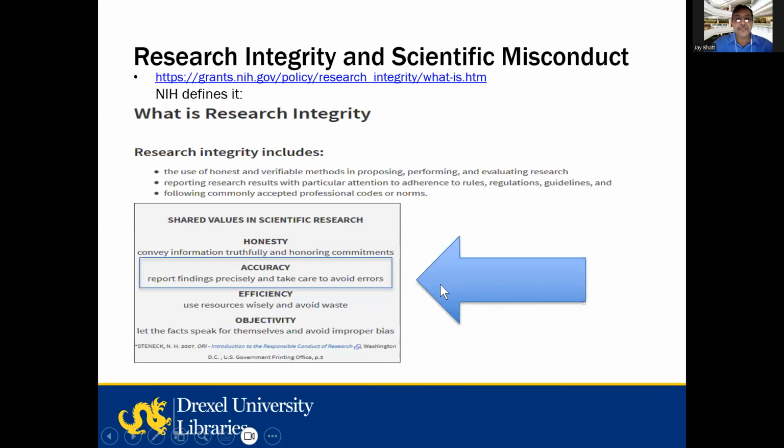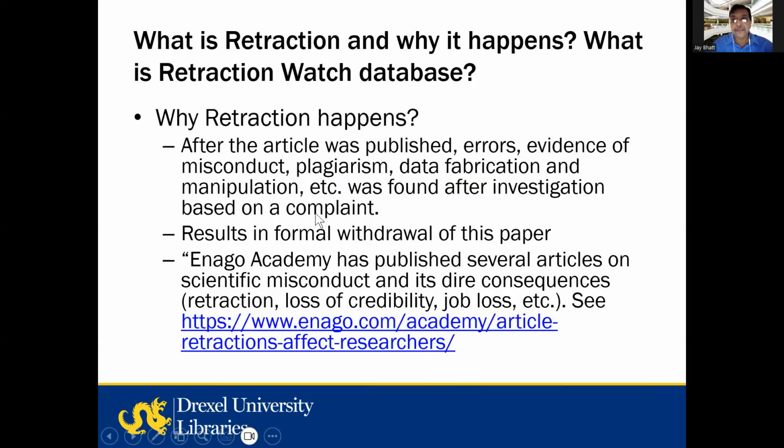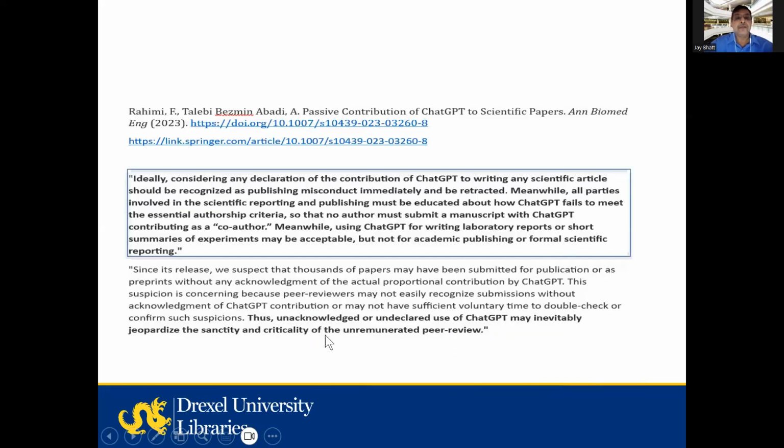Again, that's why accuracy matters; Dhanu has pointed out accuracy. I am briefly highlighting here from this NIH website research integrity applications from the honesty and accuracy perspective. As most of you probably know, these days a lot of fabricated papers are coming up, and as a result they have to be retracted from the journal's website with a note that these are retracted papers. Evidence of plagiarism, data fabrication, and misconduct can result in a lot of different problems.